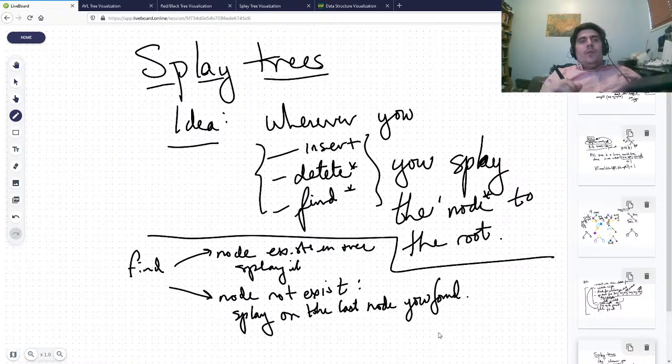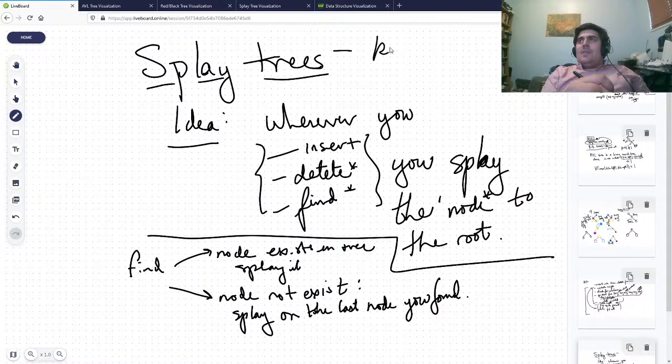So right before you get to the null pointer, you splay on that node. And it's basically the same thing for delete, because basically that's the idea. So the idea of a splay tree, that's exactly right, is that